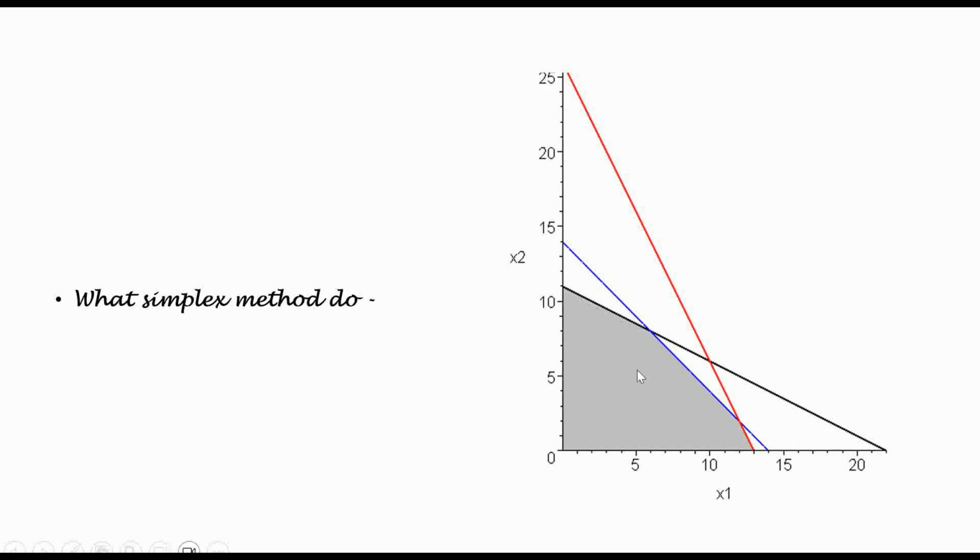If we look closely, then the maximum value would be at one of these points. What the simplex method does is find that point for us so that we can solve the problem. Okay,